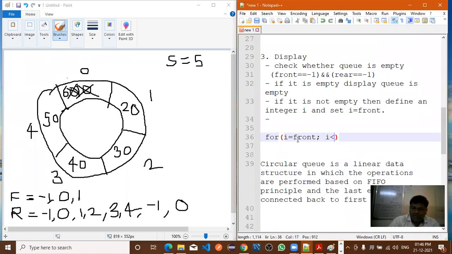I less than or equal to what? Rear. Good. And after that, I plus plus. Now here I will write the steps.